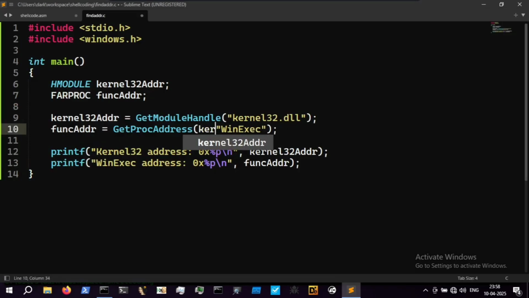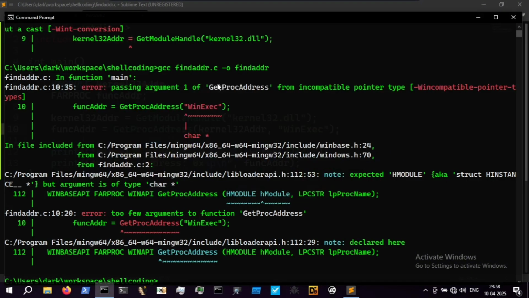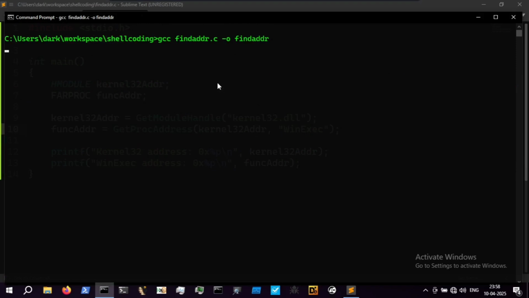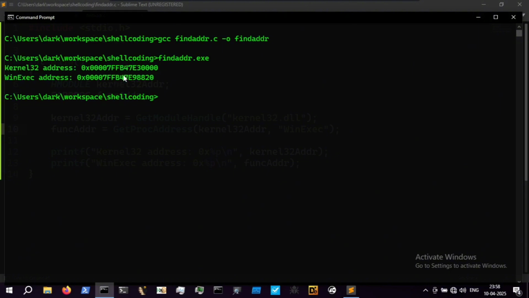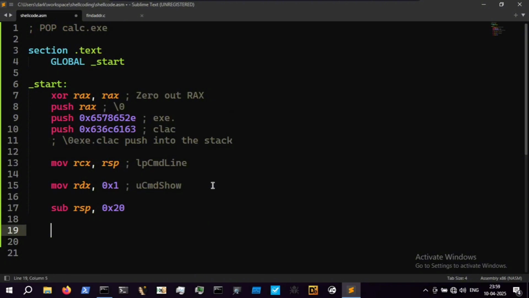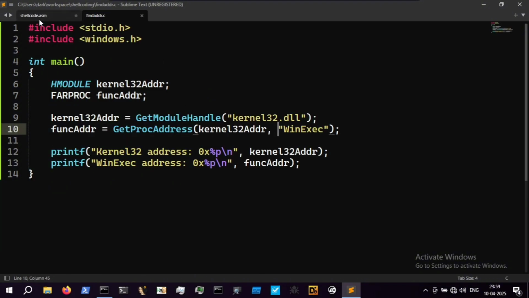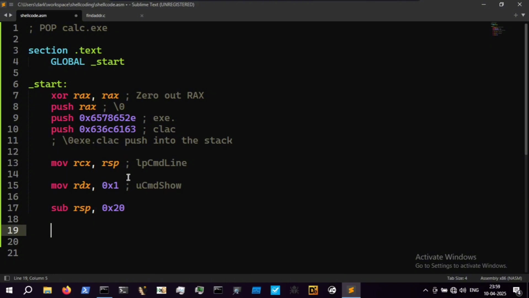Okay. So the first argument is connected to a handle. I think that should work now. Okay, I think it is working. I have to give a disclaimer that this is the address of WinExec currently in Windows. If you reboot this machine, it will change. Hard coding the address in the assembly file or shellcode is a very bad practice, so you should not do that. But because we are beginners, and it is the first video of learning custom shellcode, we will hard code the address into the